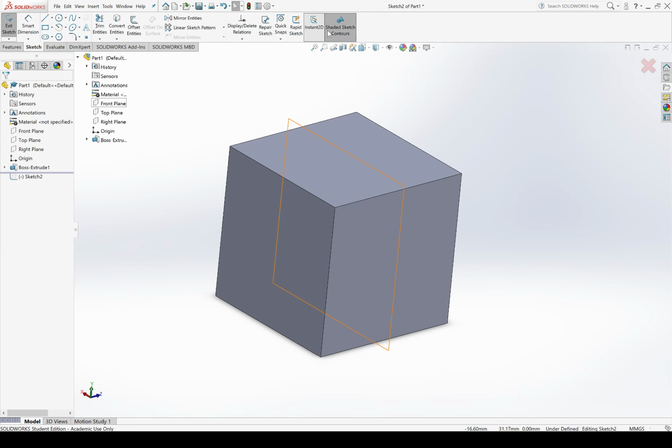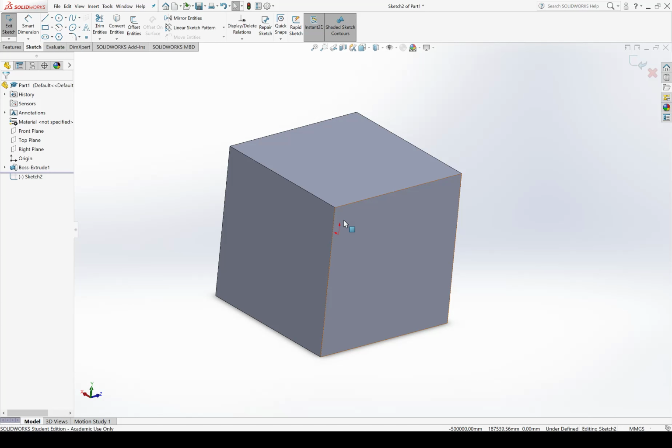Let's say I wanted to remove material in the shape of a circle. I would draw a circle. So I went to Sketch, I selected front plane from the tree. I'm now drawing on the front plane. However, my view is not looking directly at the front plane. It automatically moved my view so that I was looking at the plane I was drawing on for the very first sketch, but it doesn't do that anymore. Instead, it expects me to be able to move my view to wherever is most convenient.